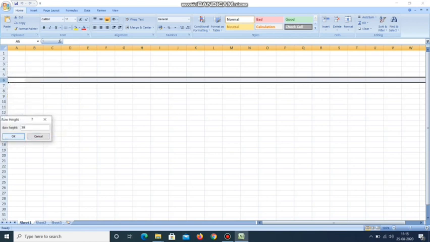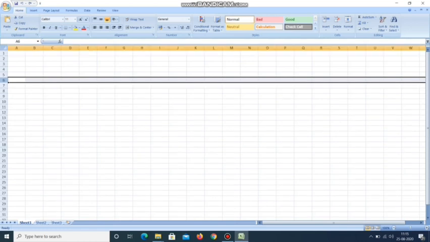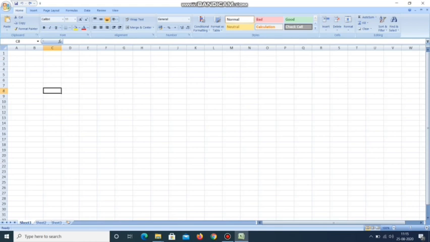Here you can type the required length, and after clicking on it you can see that the row height changes. After it you can collectively select a column and row together.